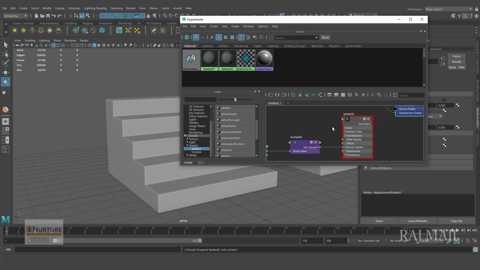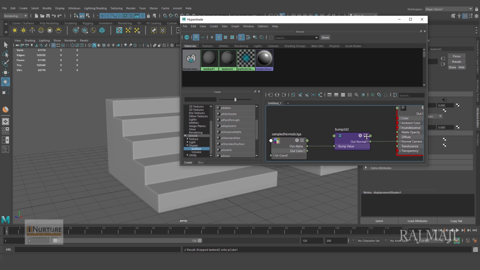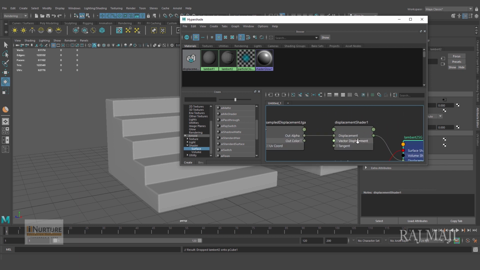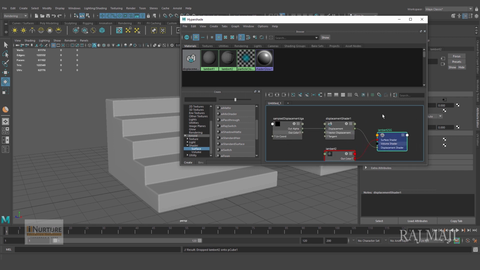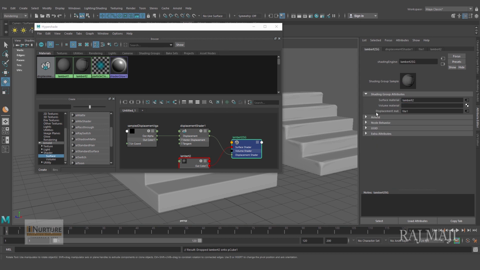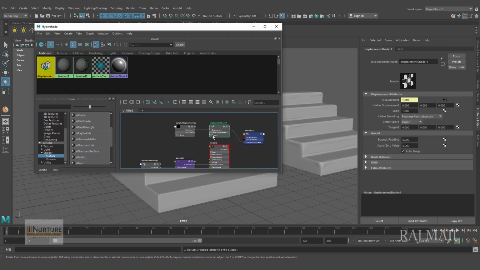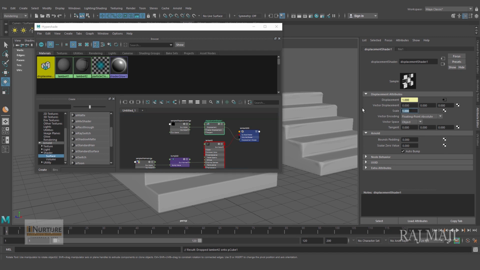Once again I am connecting it, and in the bump mapping the bump TGA is connected, the normal map is connected, and over here you can see this is the shading node. There is a displacement material, and over there the displacement map is connected, and this is a displacement utility. Alright, so first of all I am coming to the displacement utility and clicking and making it 0 so that you can understand what's happening with the bump.